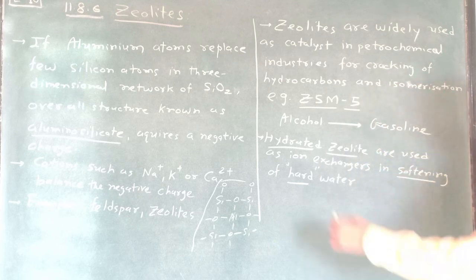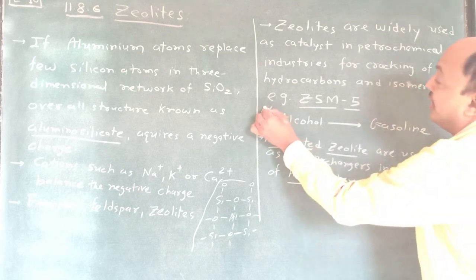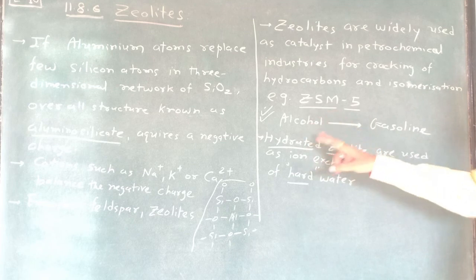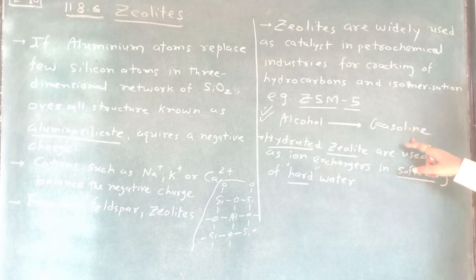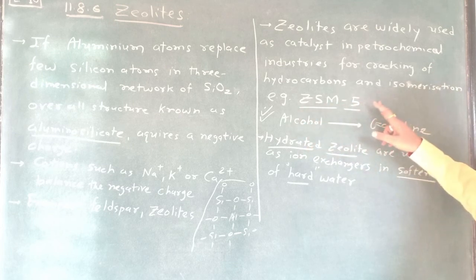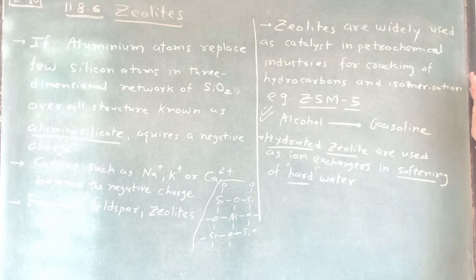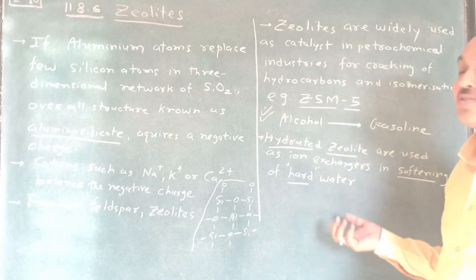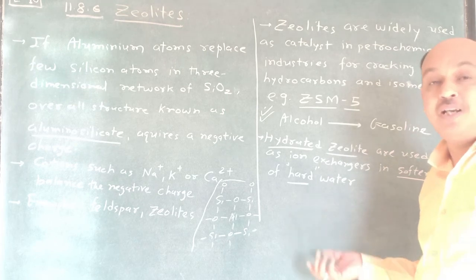This is very important. You take marks on this. This question was asked many times. Alcohol is converted, or directly converted, to gasoline by which particular zeolite, from the following? ZSM5. Fine, remember this one. This is a very easy topic. So you write it and this topic is also complete and this chapter is also complete.